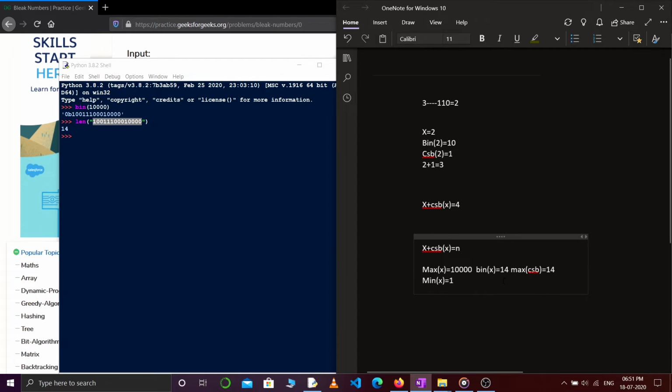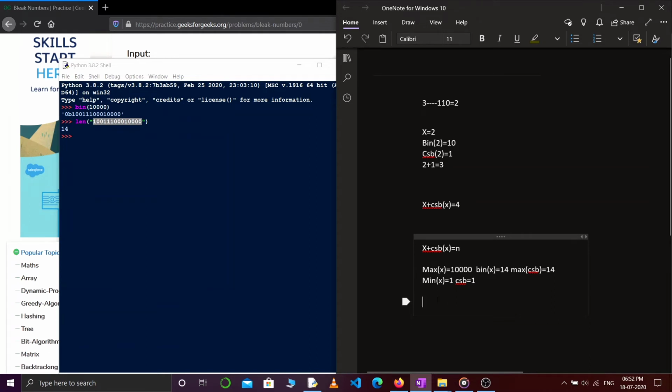And if we put x equals 1, the CSB value will be 1. So the maximum CSB can have is 14 and the minimum is 1.